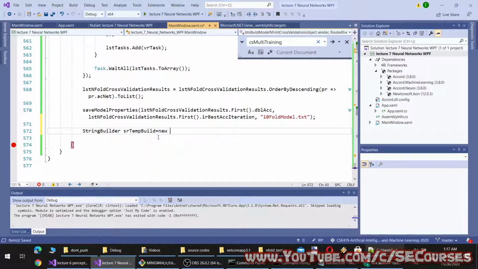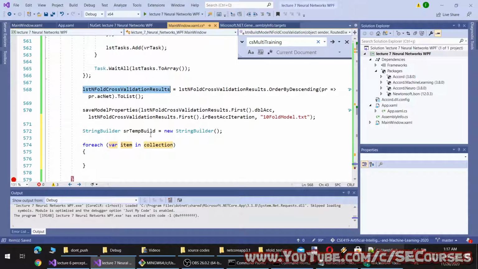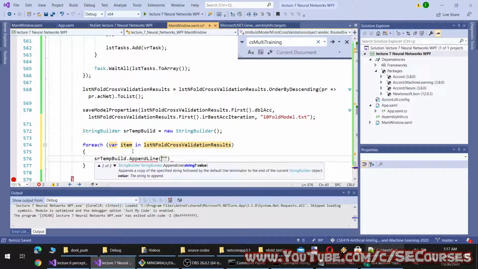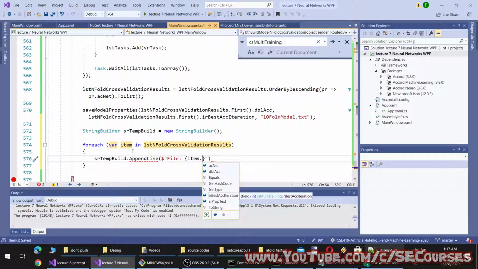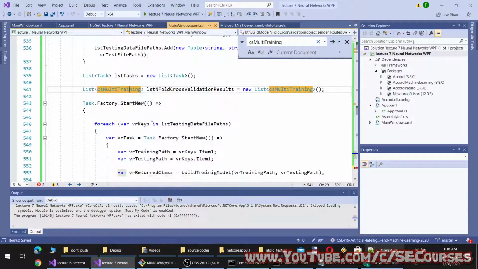Also, we can write others to the text file, to see how each KNN behaves. Append line. Okay, we can't see the file name, so I will need to hold the file name here.